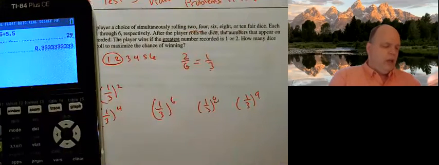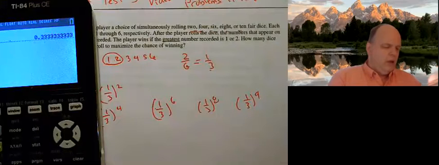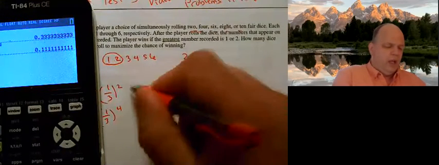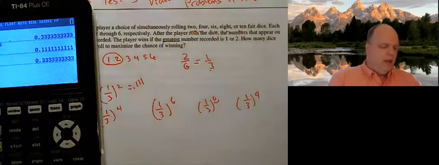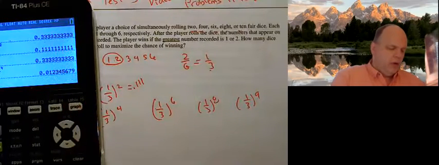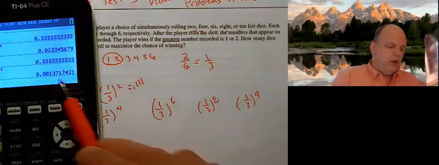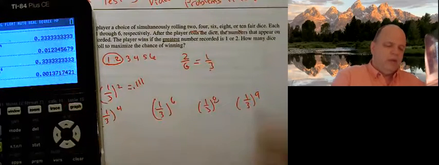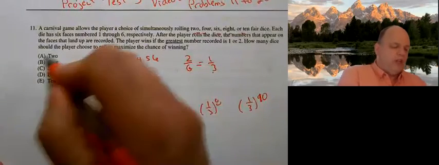So 1 divided by 3, and if we just square that, 1 divided by 3 squared, our chance of winning is 0.111. If I go 1 divided by 3 and do it with anything else, raise it to the 4th power, our probability decreases. 1 divided by 3 raised to the 6th power, and it just gets smaller and smaller and smaller. And so our best chance, we have a 1 in 9 chance, which is our best chance if we roll